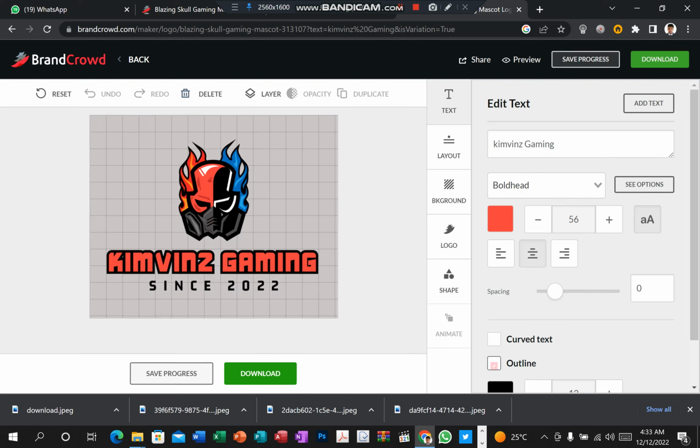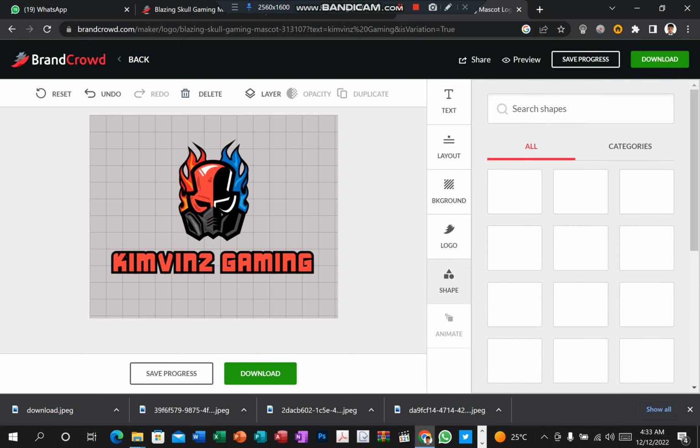Also you can get ideas on how to make logos like this, and you can select the font size or whichever size you want. If you want, you can delete this with the backspace on your computer, also delete like this, and you can make an outline, and you can make it bold like this, and you can change the text in this area to whichever you want. If you want to put another company name, you can put it here on the right. I can make it bigger also like this, and here the text size,